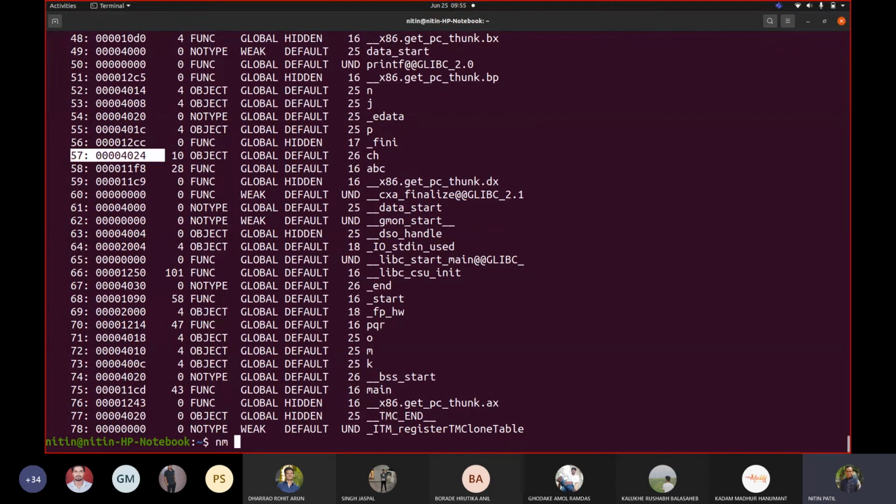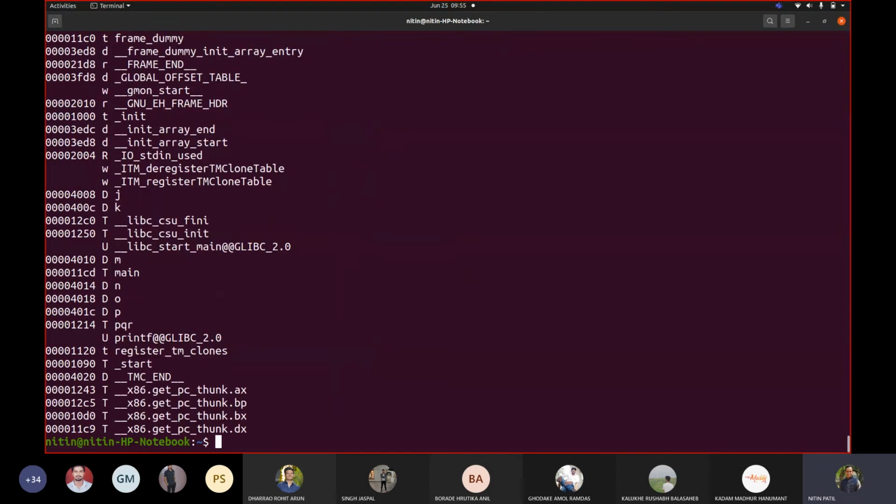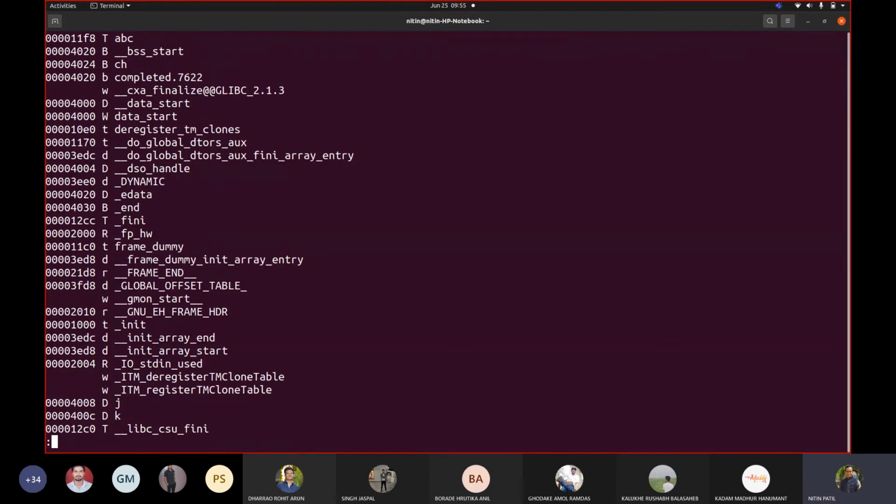And if I write nm a.out for ch, try to see where exactly it is. Let me write less. This is where ch is. So it says bss. Now you may see B, capital B, for block starting with symbol. Fine. Any questions, please?